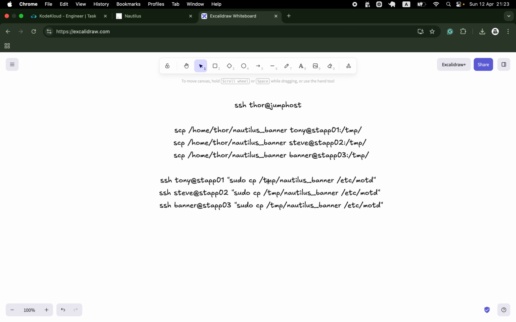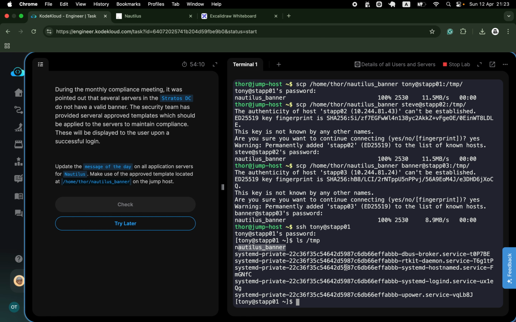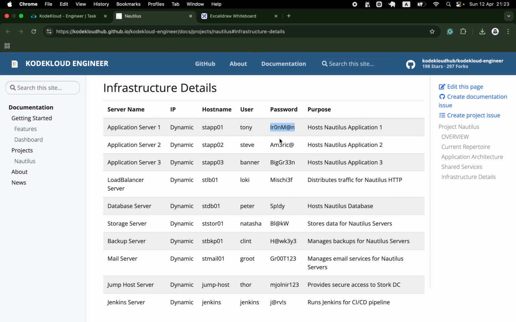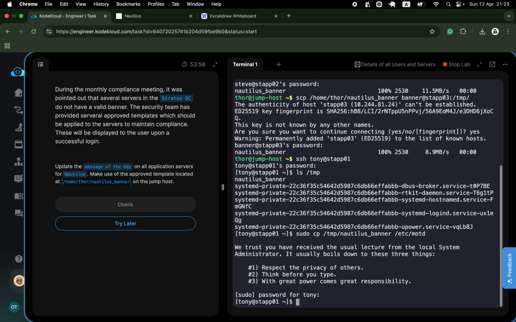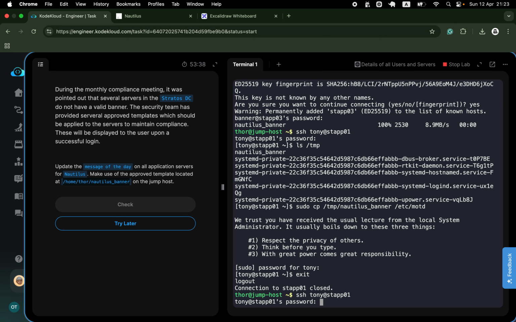We will move it from the temporary Nautilus banner to etc MOTD. We use this command line. I don't know the password again. Let me try again: Tony at stapp01, and the password is